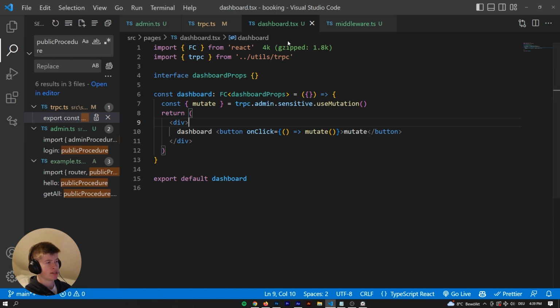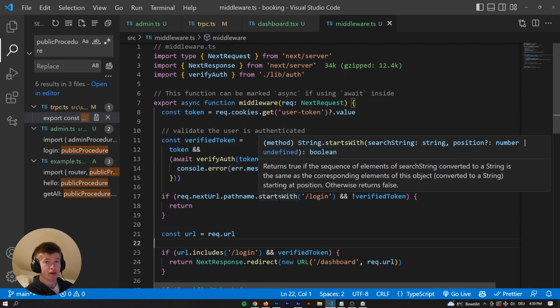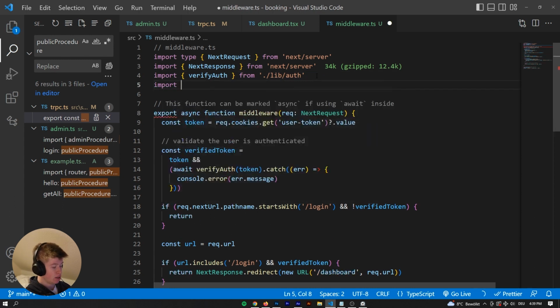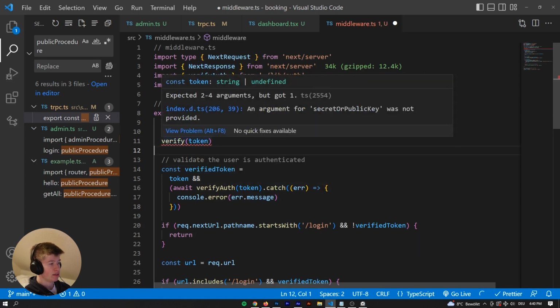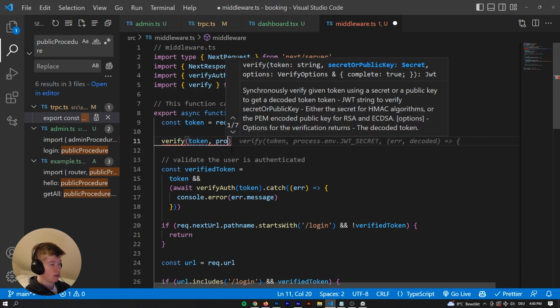So how are we doing this exactly? And the answer is with middleware. And in this middleware, we're using some really cool code that allows us to verify the integrity and legitimacy of a JSON Web Token in middleware instead of having to do it on the server. Because normally when you use things like import verify from JSON Web Token and then try to use that in here, so let's say verifyToken, for instance, and that didn't even work because we also need to pass the